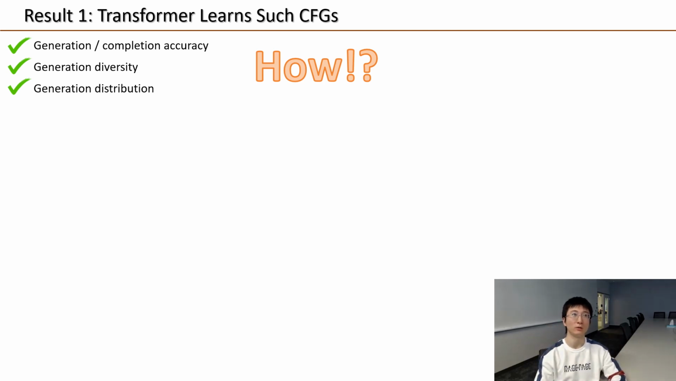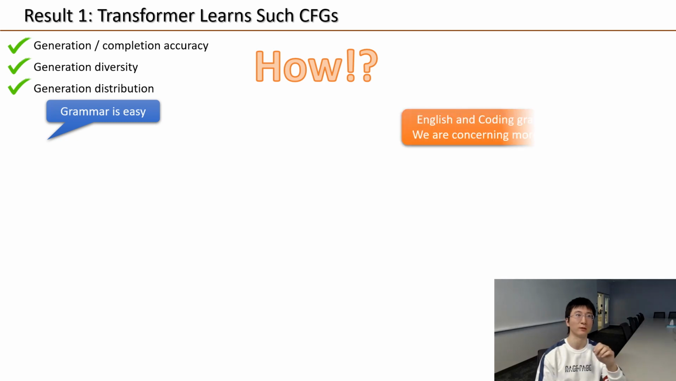That is, how did transformers actually learn such CFGs? Before I go to the how part, let me mention two kinds of critical feedback we have received since the paper showed up online. Some readers say that the result may not be that interesting because grammar is easy to learn, right? But I want to emphasize once again that we are not studying English or coding grammars, which